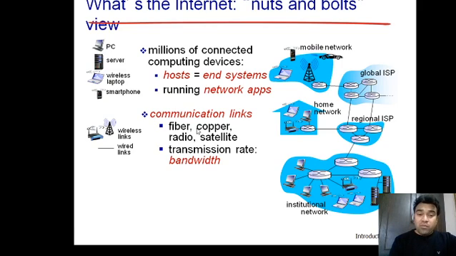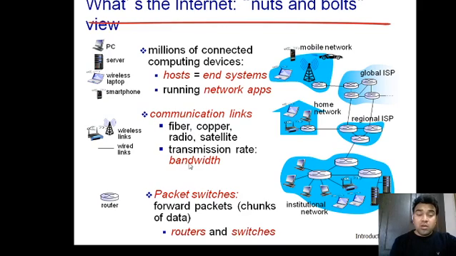As we all know, optical fiber is the latest technology, and it transmits information in the form of light. So it is considered the fastest one. The bandwidth, which means bits per second, would be highest for optical fiber. And then we have copper, radio waves, satellite. So these are part of the network core, and in the same way we have got